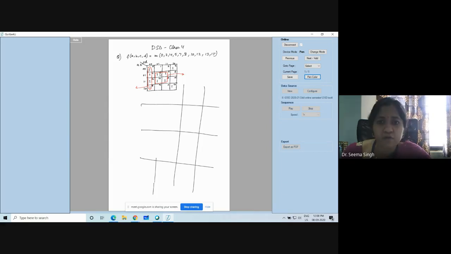In these 4 ones, you can see row-wise A is changing from 0 to 1, but B is not changing. So we get a B. Now column-wise, we can see that C is changing, C bar and C, but D is not changing. So we get a D. So this group is done.